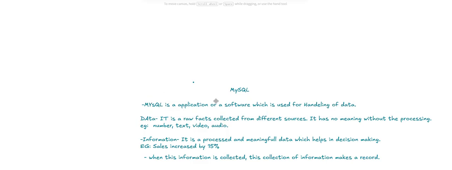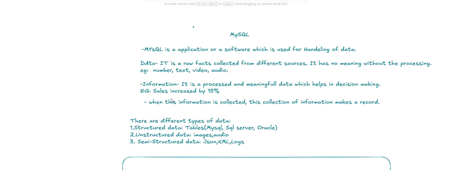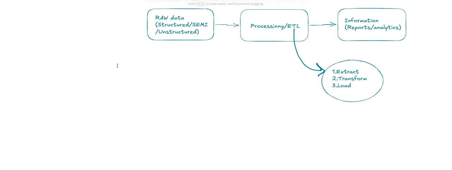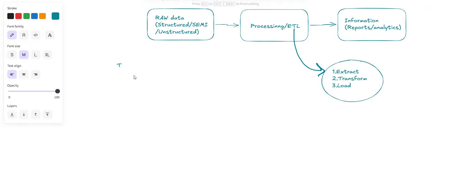There are different databases also which can be used. There are different types of databases, of which the first one is MySQL. The second one is Postgres SQL.